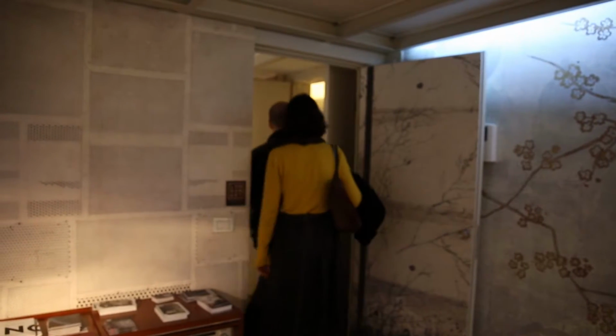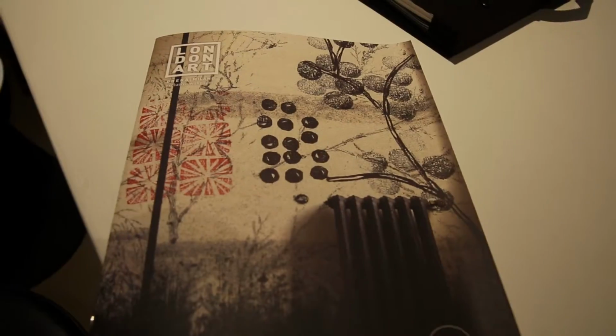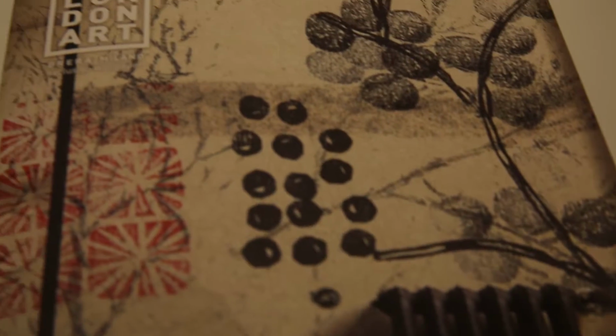How is it to work with such a brand new company from Italy? It's really exciting. I don't know of any UK companies that would have been brave enough to pick up my designs and put them on wallpaper. When I saw the montages that London Art had put together, I was really excited. And I really felt like